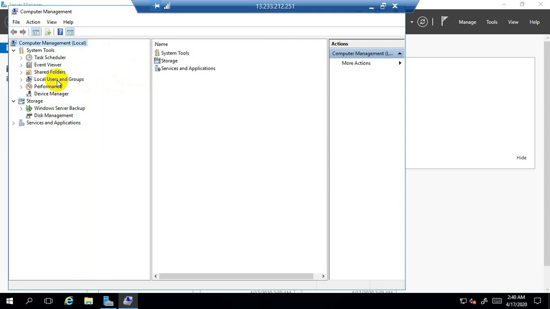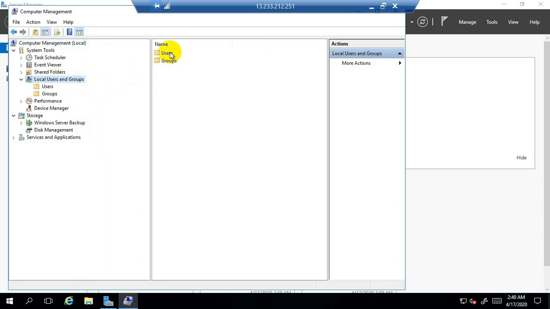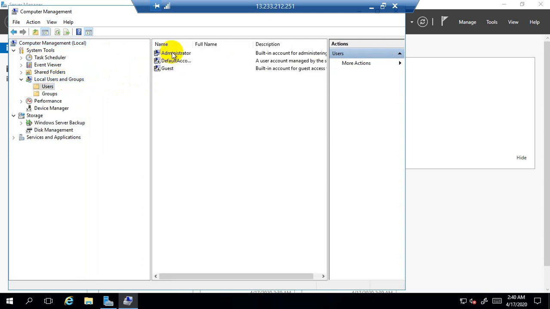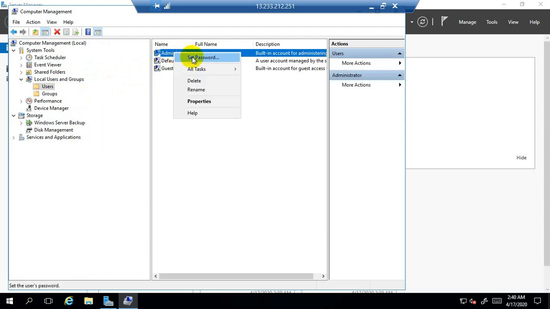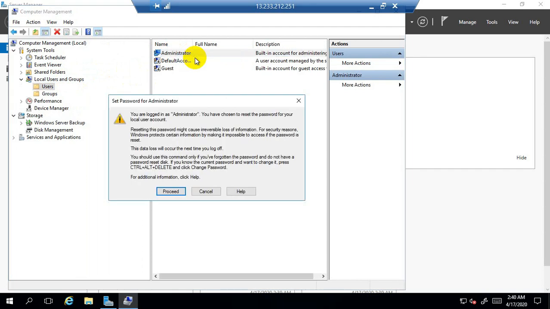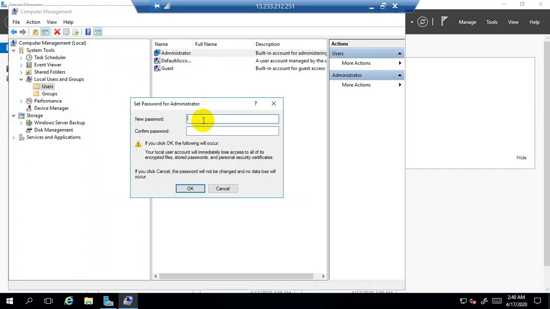Double click on it, double click on users, right click on administrator, click on the option set password, click on proceed, and it will show you a window with the name set password for administrator.